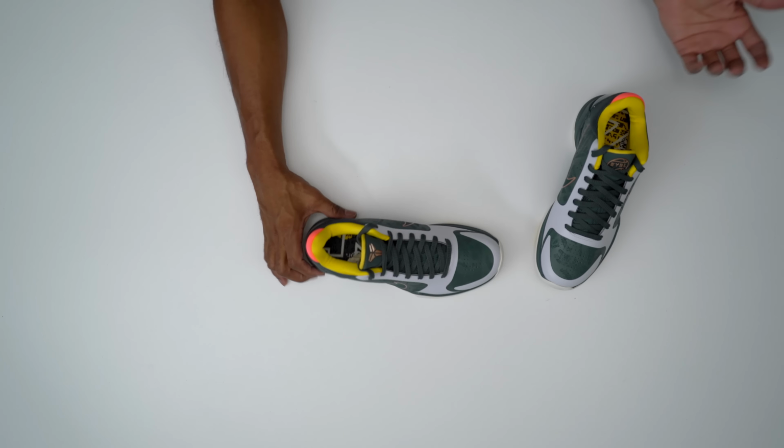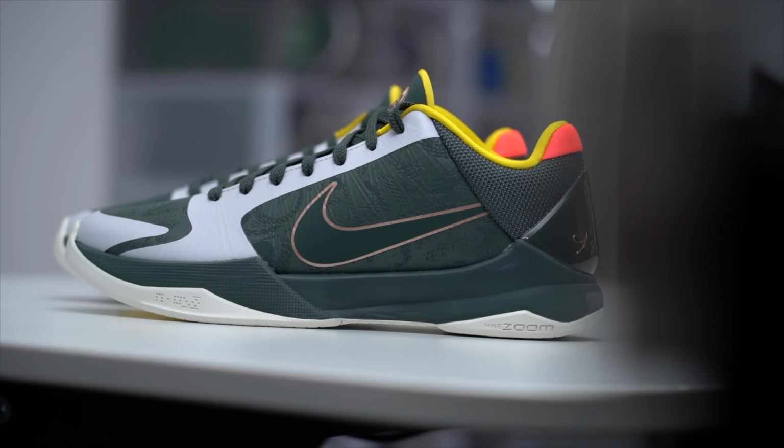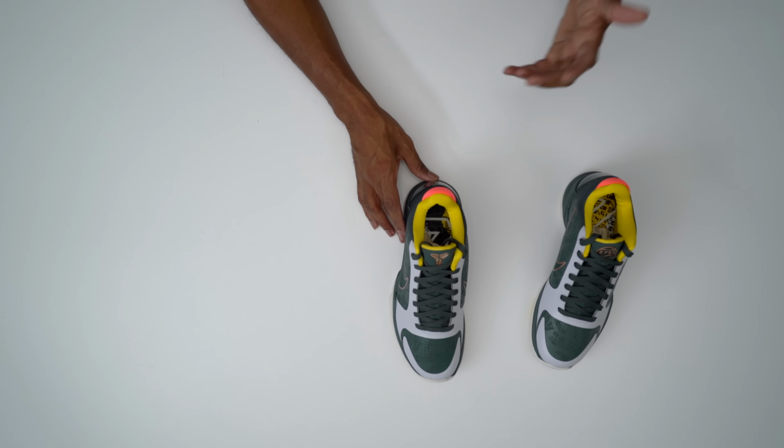It's very, very much in the mind frame and in the thinking of something that Kobe Bryant would say. As you guys know, he had these muses and he found inspiration in all these different areas of his life. And for this pair, the Medusa pair, it makes so much sense as something that Kobe would say, or something that Kobe would think, that he would look at Medusa and think, oh, there she's able to freeze people with one glance. How can I incorporate that into my game? We all know how